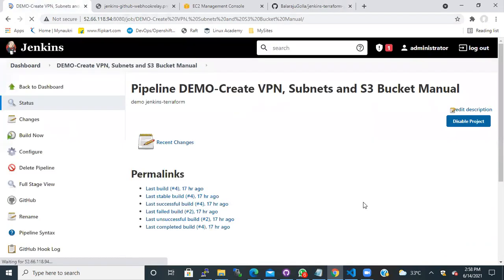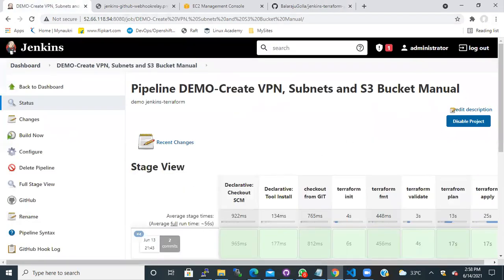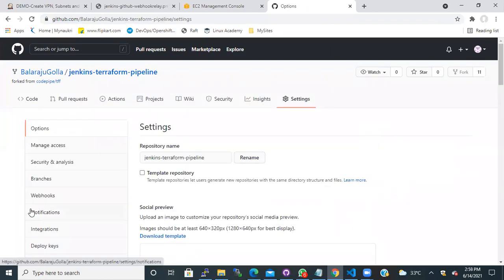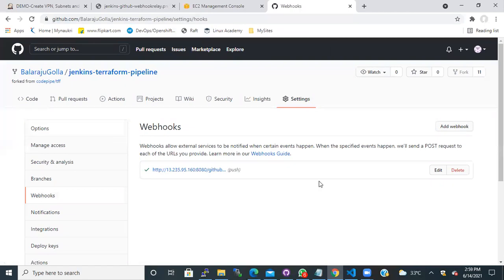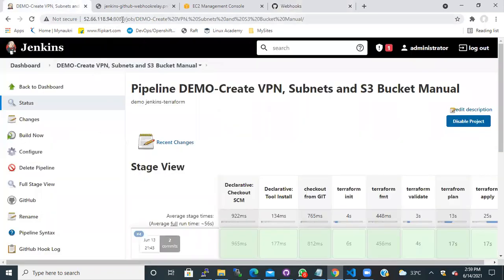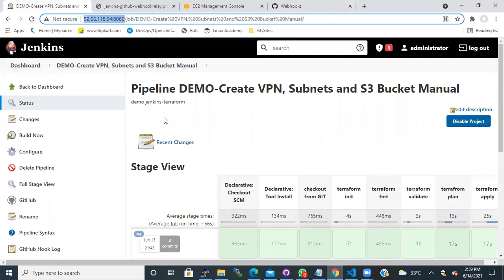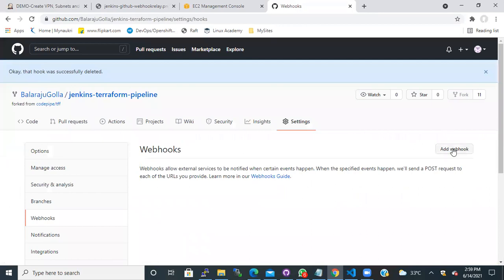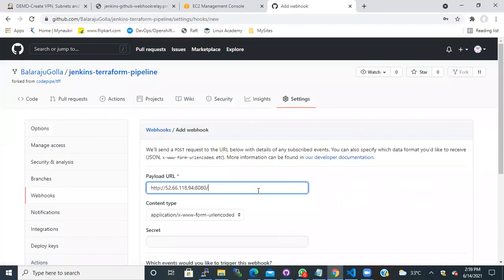Okay, and then let me go here. Settings. Webhook. Delete this. GitHub.